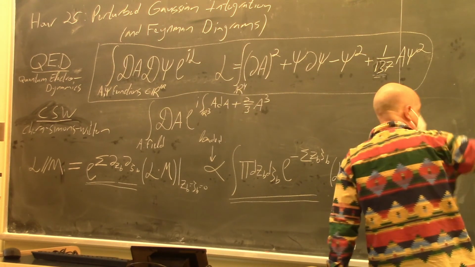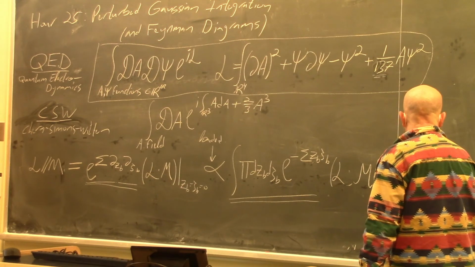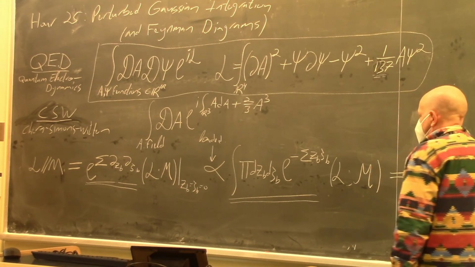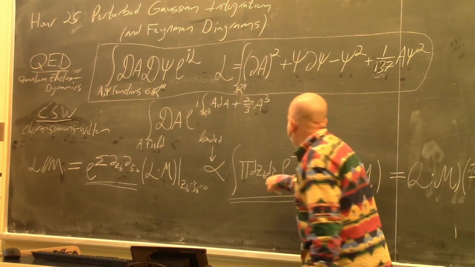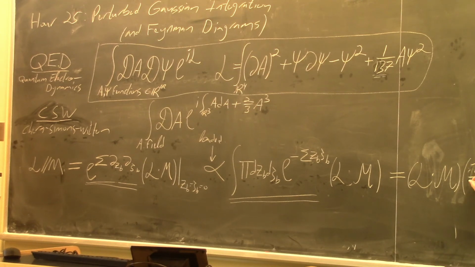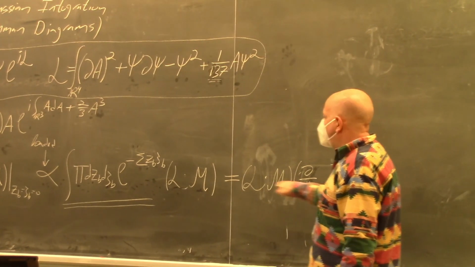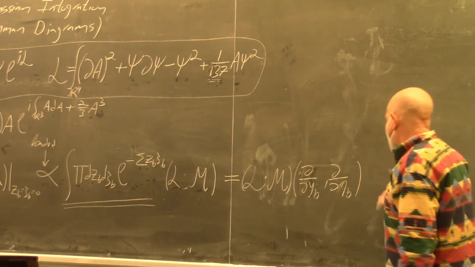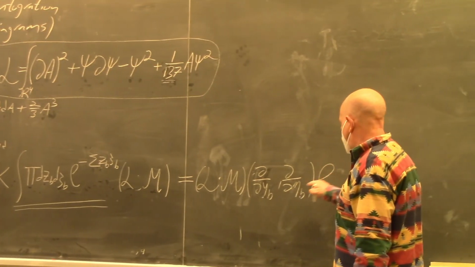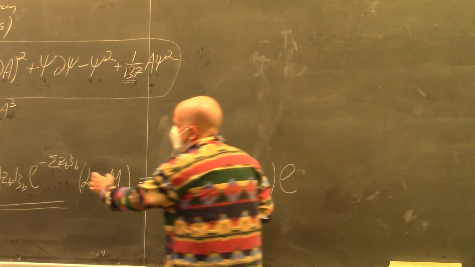Anyway, having said all of this, using the formula over there, this becomes L times M evaluated on differentiations with respect to the dual variables. So L and M depend on z and zeta. So let's call it ∂ to ∂y, ∂ to ∂yb, ∂ to ∂eta b, where y is the dual of z and eta is the dual of zeta. Okay? All of this computed at, so this differential operator acting on,